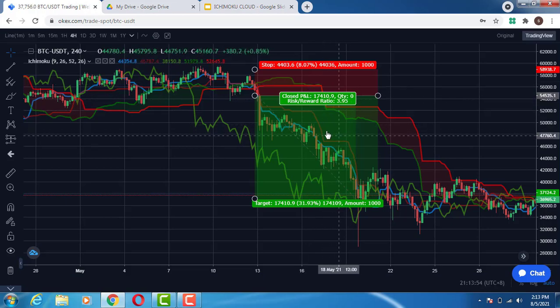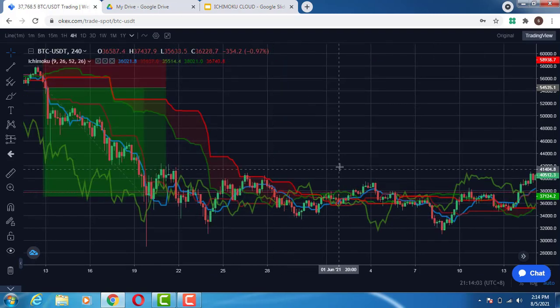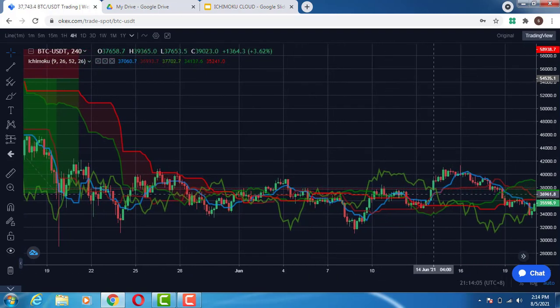So if you look at another example again, you see that this strategy works well in a trend. In this very strategy, don't use this indicator where you see this very pattern, it won't work. It will give you a whole lot of fake outs, where you see the green line, which is the lagging span, and the blue line, which is the conversion line, and the baseline, the conversion line, everything, both the cloud is in each other. In this very area, you're not supposed to take a trade because there is no entry